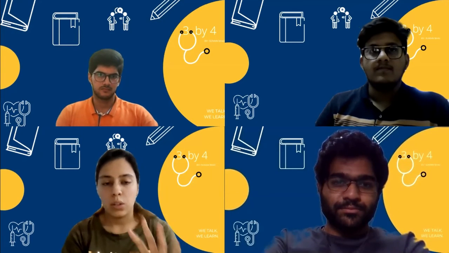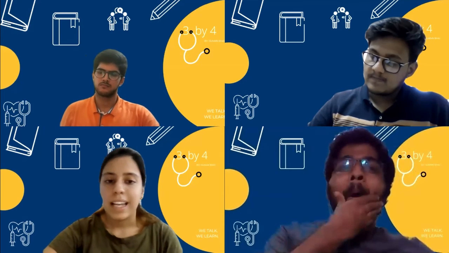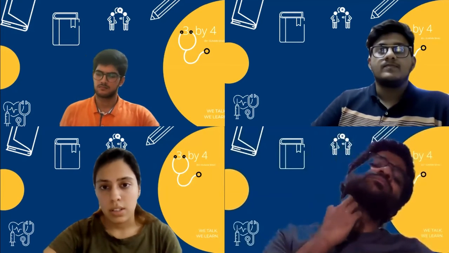Now coming to the diagnosis. The diagnosis is made on 4 levels. It can either be a certain diagnosis or a definite diagnosis, then it can be a probable diagnosis or a possible diagnosis. These are the 4 levels of diagnosis that we give. Now the first is certain diagnosis. A certain diagnosis is said when Meniere's disease is confirmed by histopathological examination. So if we do a histopath exam and find signs of Meniere's disease, that means it is a certain diagnosis.